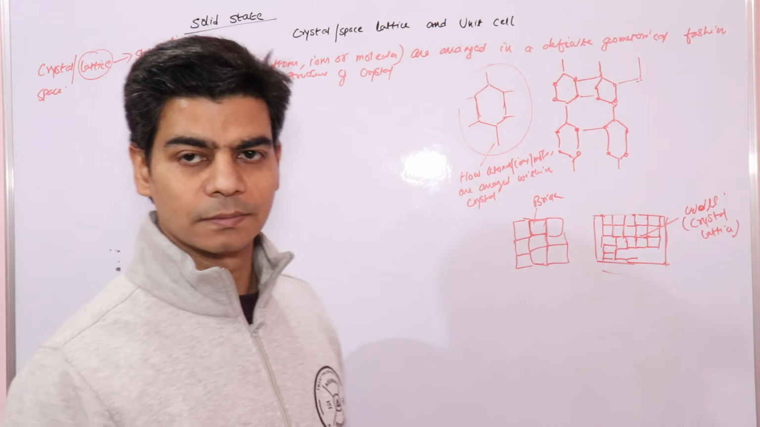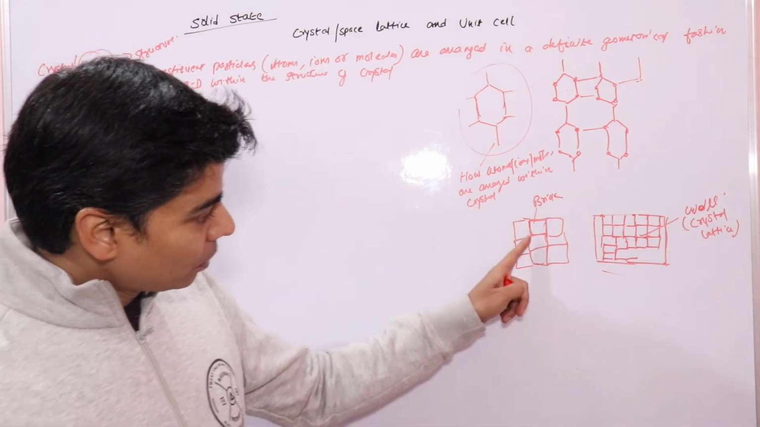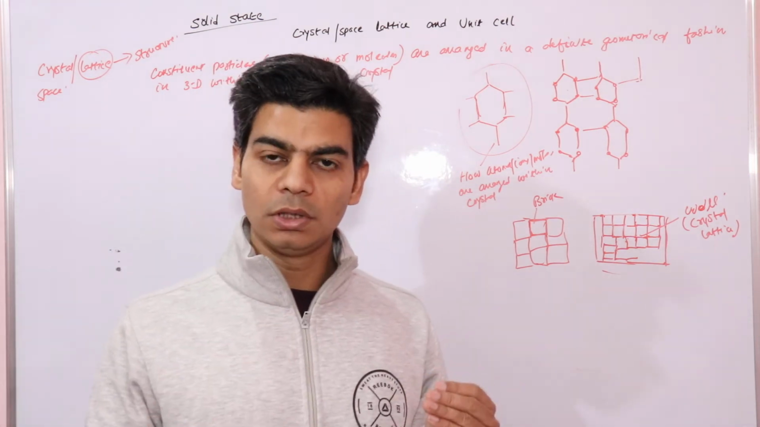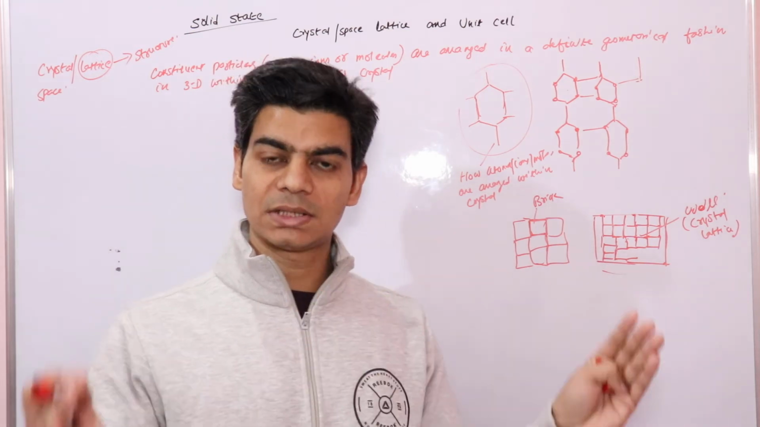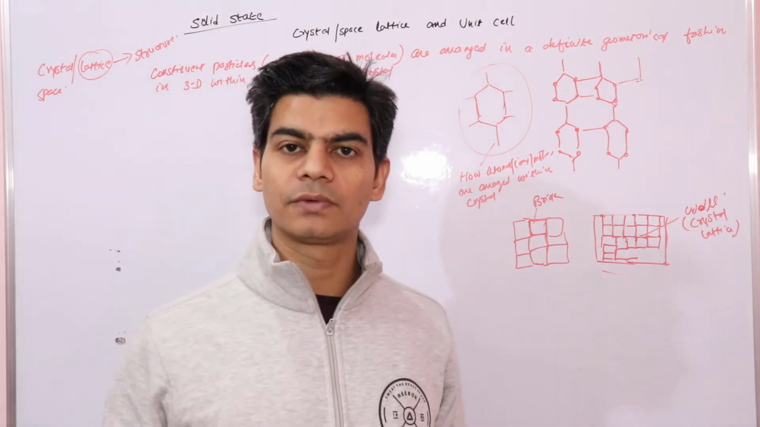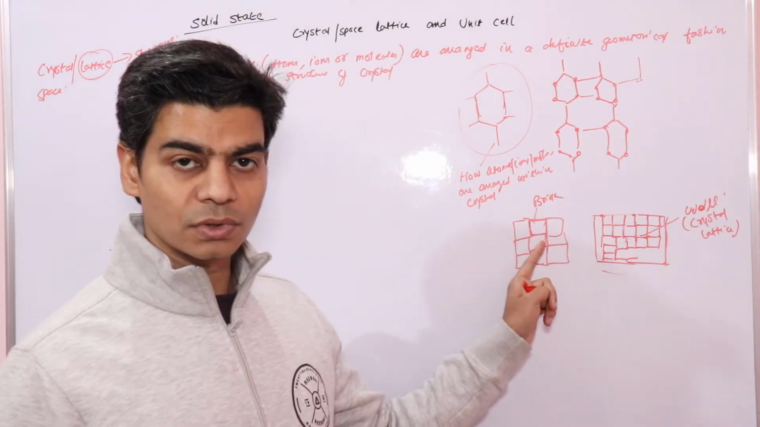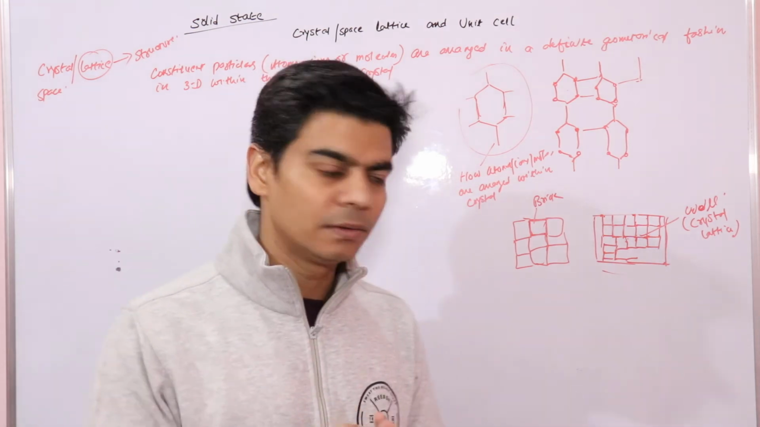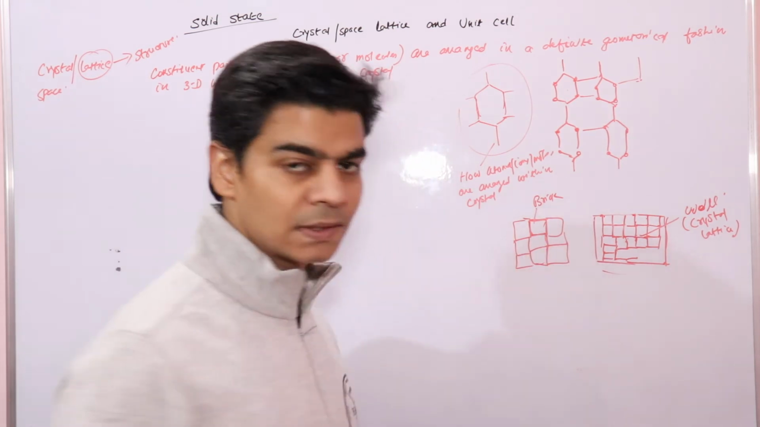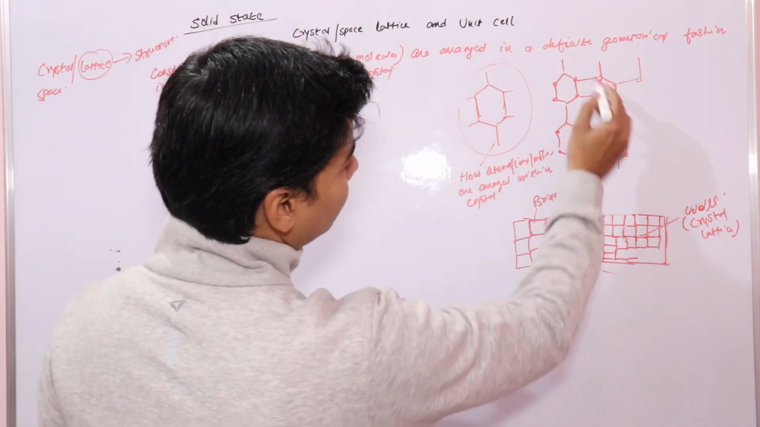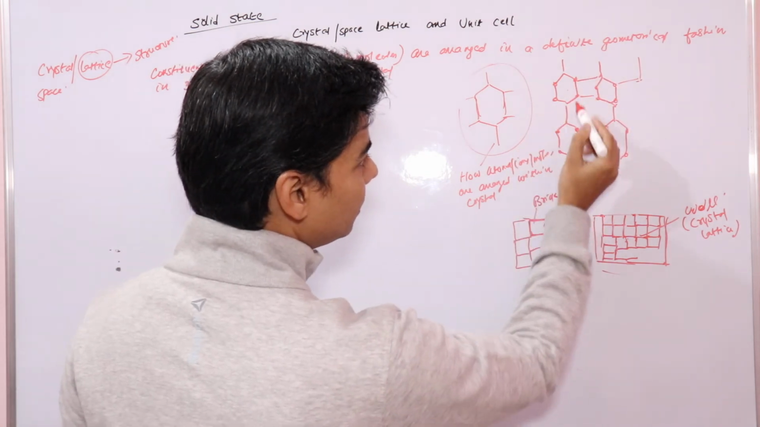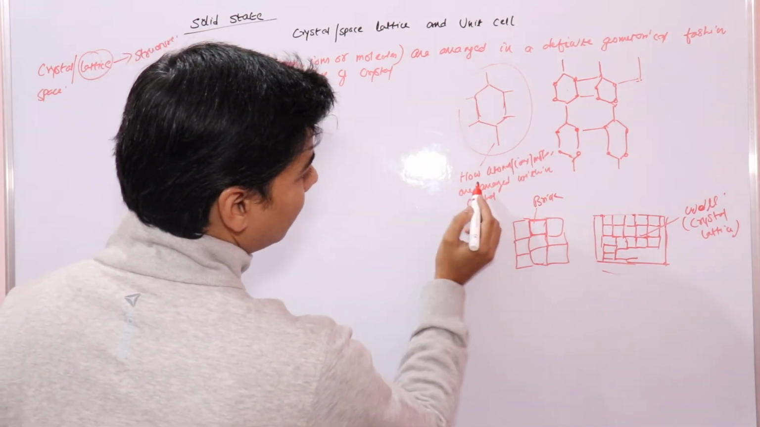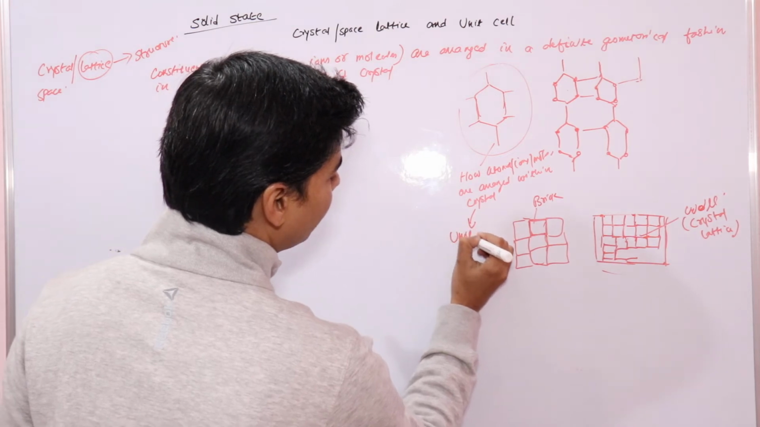So this basic structure gives you the basic idea of how these atoms, ions or molecules are arranged in the crystal, how they are located in the structure of the crystal, right? This basic unit is known as your unit cell. Here, if you find how these atoms, ions or molecules are arranged, you will get this kind of structure, right? So this is known as your unit cell,